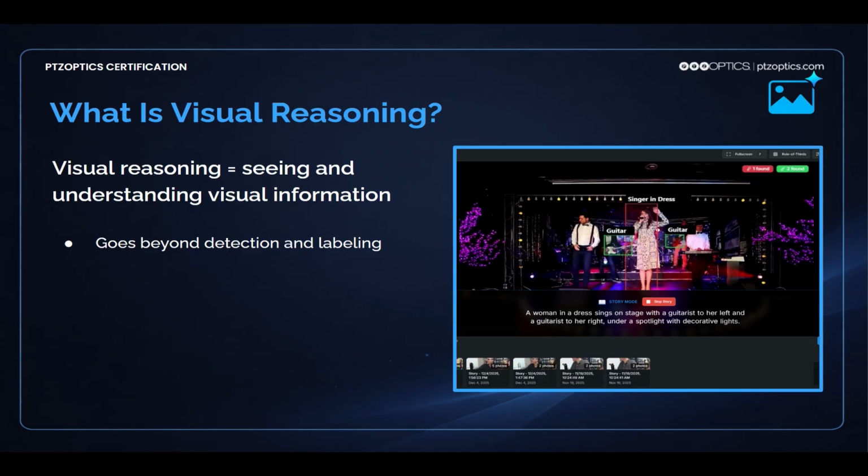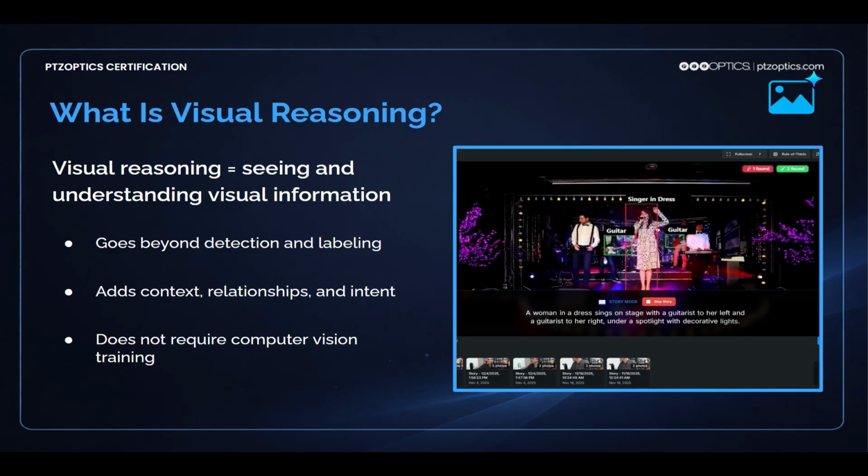So this goes way beyond traditional computer vision, where we're just making detections and labeling things, but it adds context and relationships. So for example, who is the presenter? Who is the person speaking? Who is the person that's most engaged with the content? We can literally detect these people now because we have context from a vision language model,